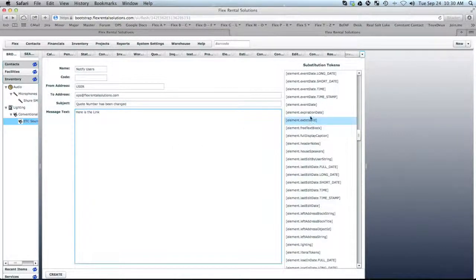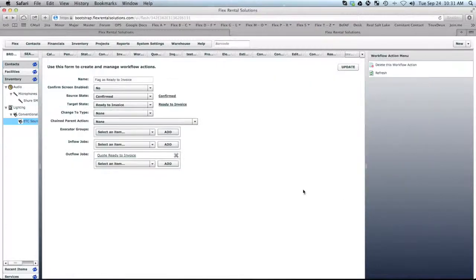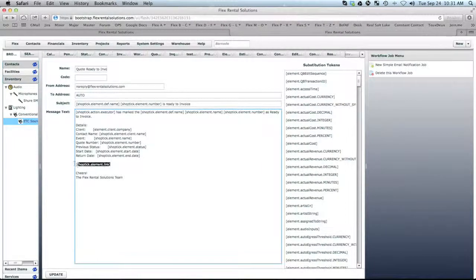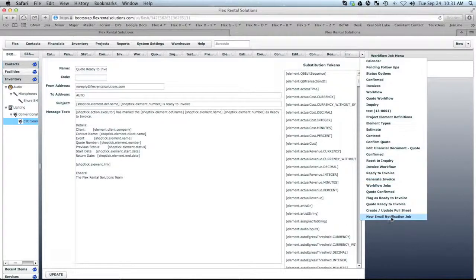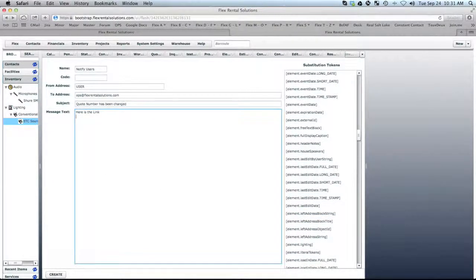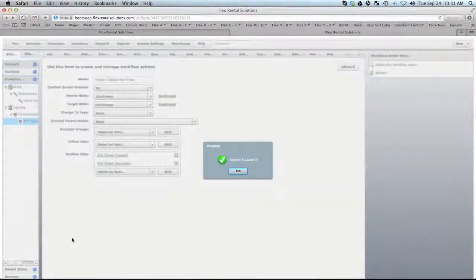Here's the link. And what I'll probably do is grab all this information right here from a different workflow and hit create. So now we have a new workflow job,